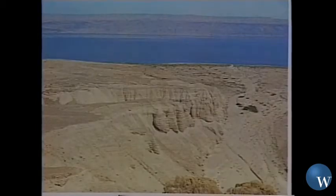It's called Khirbet Qumran. That means the community of Qumran. And then the Wadi, which is sort of like a dry riverbed, Qumran. And we're looking here from the cliffs out to the west, and you can see the Dead Sea in the background. Now, the significance of this area is that it's very isolated. You can see that at least now, and not much different from 45 or 50 years ago,